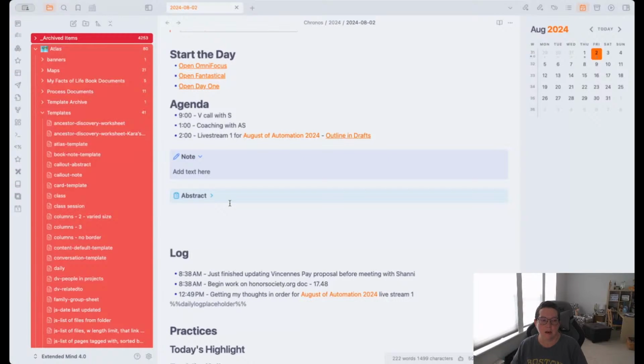You'll notice here, I do have the same problem. If I look over at my templates right here, I'm going to have that same challenge I had with the simple version of the callouts in Text Expander. I would have to create a separate note for every one of them. And if I wanted to have one with it expanded and one with it unexpanded, I'd have to create 26 versions of that template.